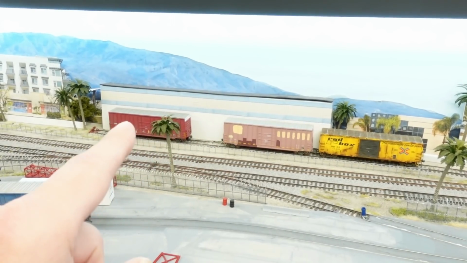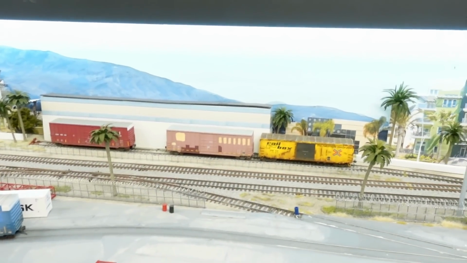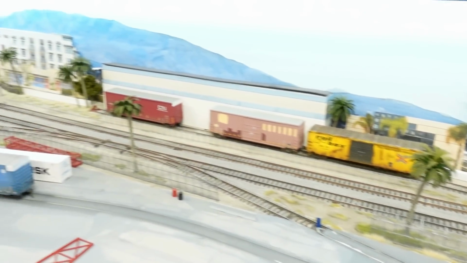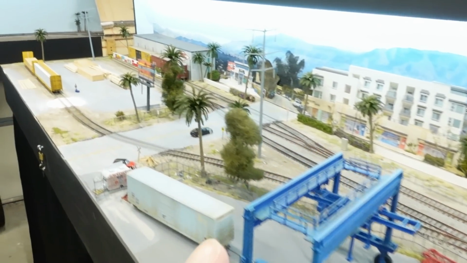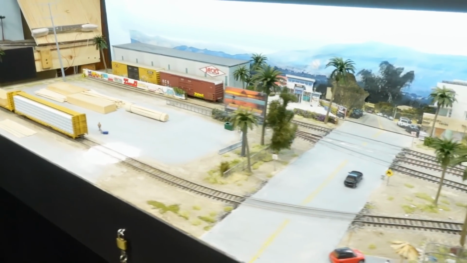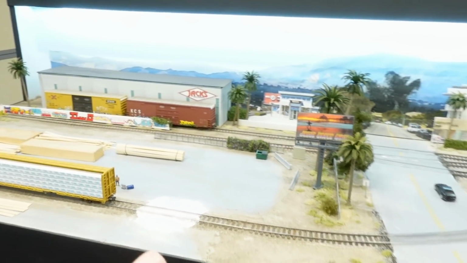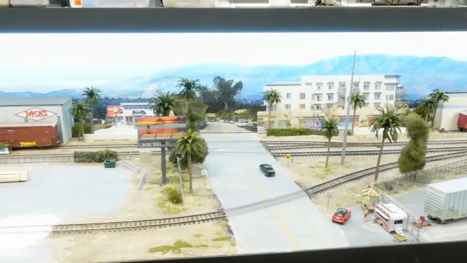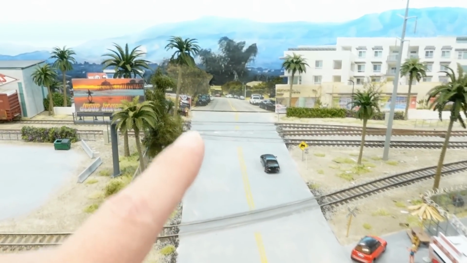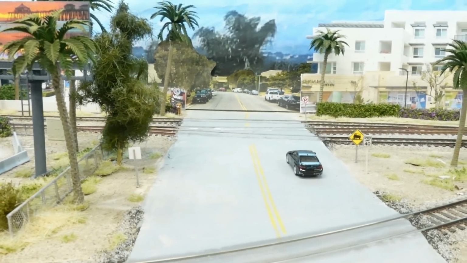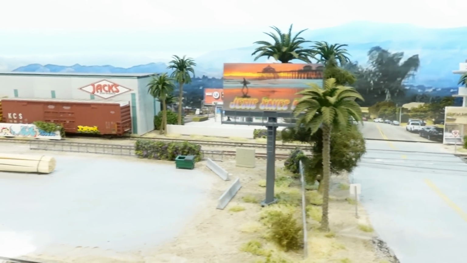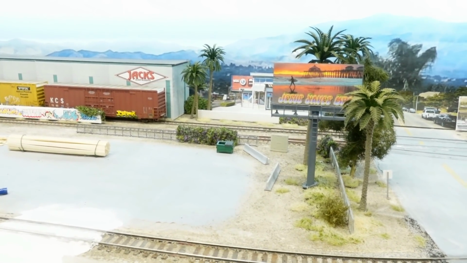That needs a sign right there. So they got like 3 car spots over there, and we head down into, I guess, one of my favorite little scenic spots here, and that's what I'm calling Huntington Beach on this end. So we've got a street over here and a couple crossings, got some billboards sort of giving you the flair